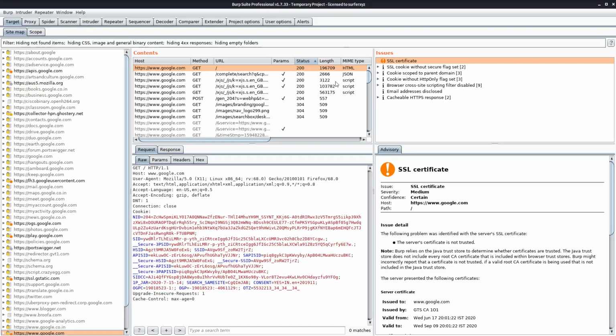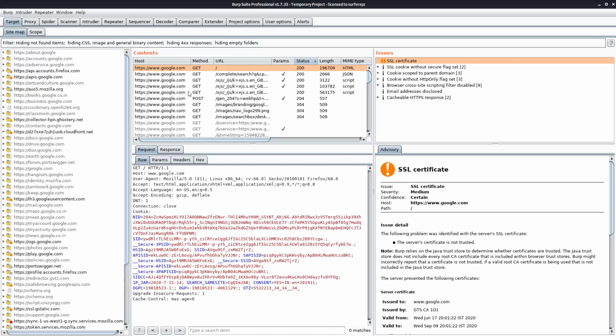There are a few things which are limited to only the professional edition, and I will be teaching using the professional edition because there are certain limitations with the community edition, so I won't be going with that. In this you see a target tab. Okay, so we were discussing the target tab.